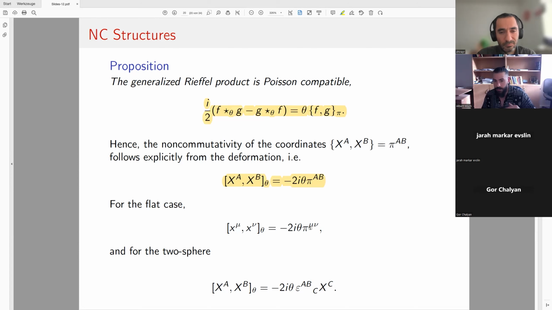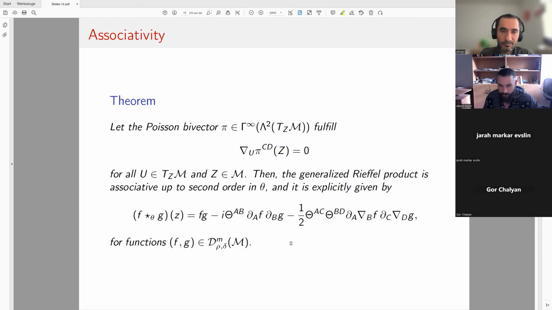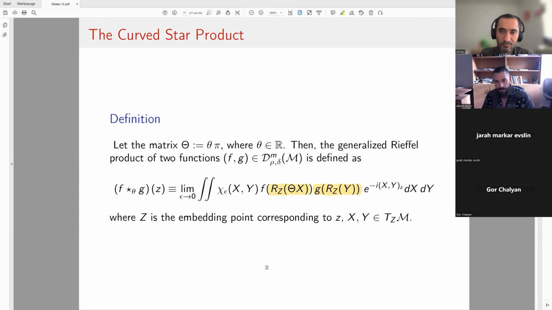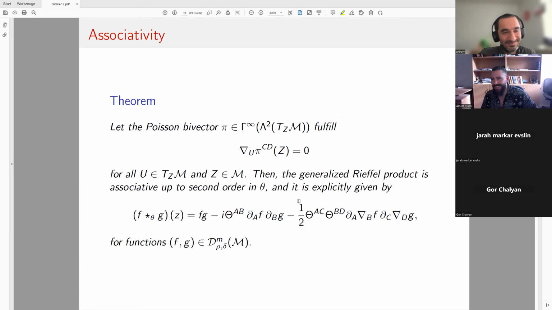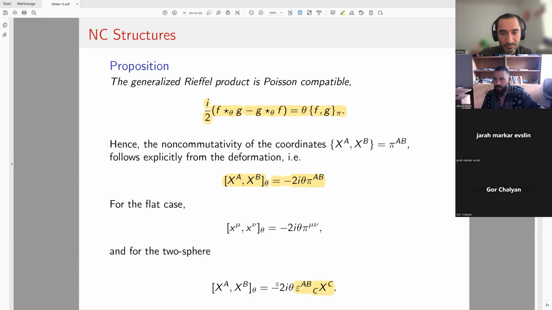The two-sphere has a naturally induced Poisson bivector, which is this epsilon tensor times x, and this is the fuzzy sphere. This is what people study under the fuzzy sphere. And now I don't know if this result is really that new. I asked Waldmann, because Rainer told me to, and he didn't really reply. But I think no one has really got the fuzzy sphere from an oscillatory integral in that way.